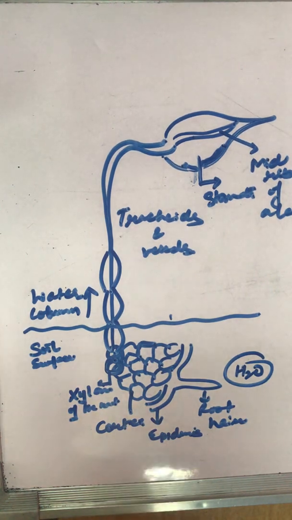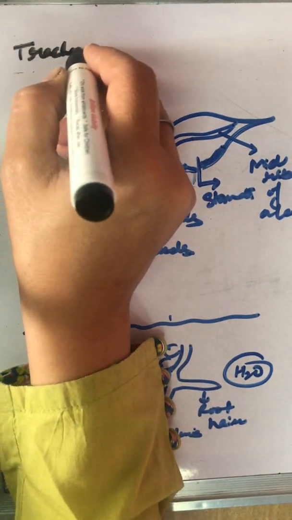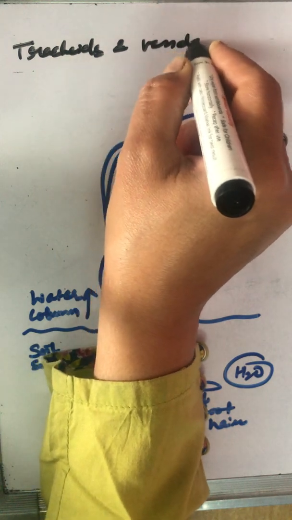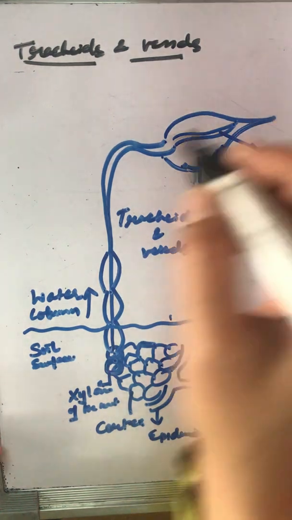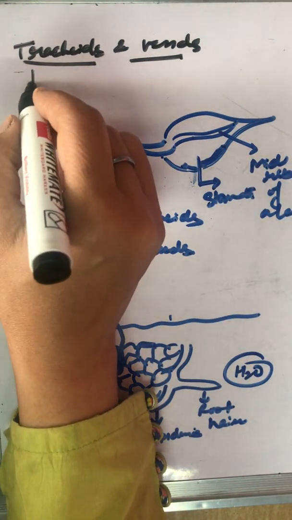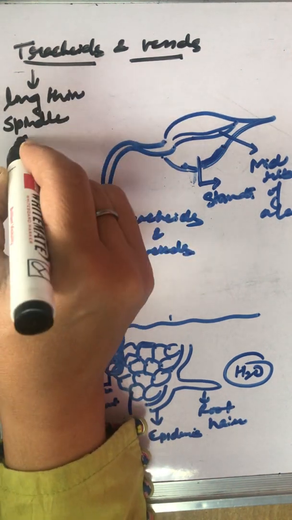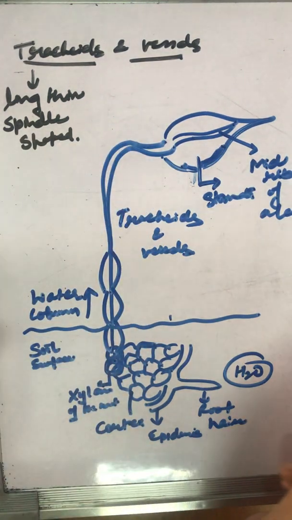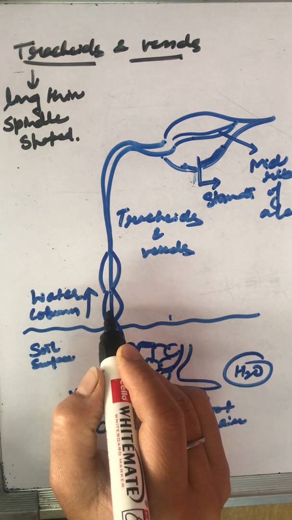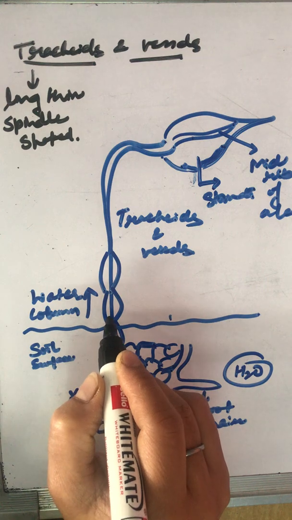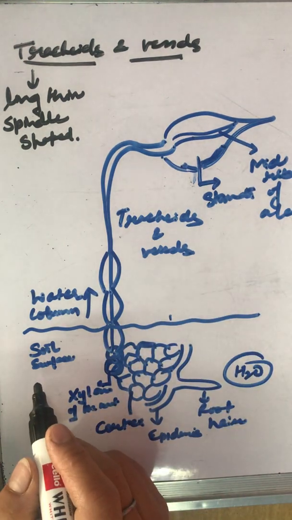Now we say both tracheids and vessels. What do they do? Tracheids and vessels. Both are non-living, highly thick, and tracheids are basically long, thin, spindle-shaped. And the walls of tracheids, they have various types of thickenings in between. उनको हम क्या बोलते हैं? उनको हम बोलते हैं pits. Pits are uniformly thickened areas, and these will help in transpiration.